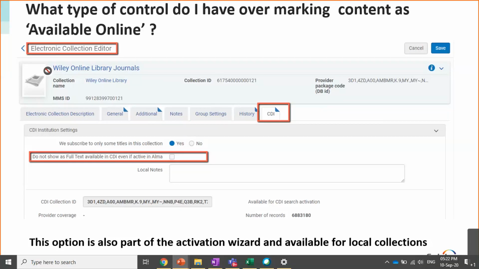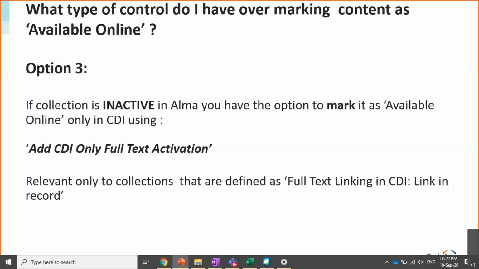We will talk about another use case, maybe more important use case in relation to electronic books, but I have a dedicated slide for that, so we will go through that in a couple of more minutes. So that's one option. And then we have the other way around. So there's a collection in Alma that is inactive, but you want to mark it as available only in CDI.